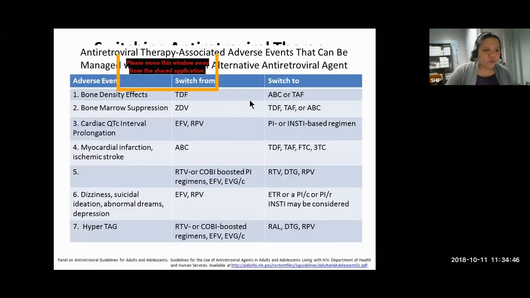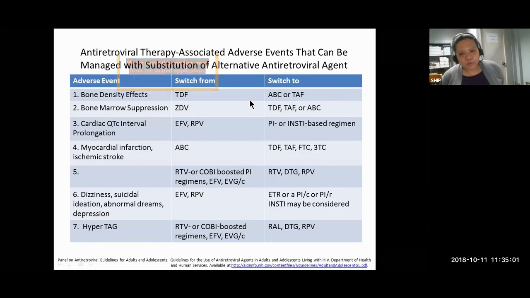Ngayon, what do you want to shift to? Okay, going back to our list earlier. Number 1, if your patient was on tenofovir and now you noticed bone density effects, osteoporotic na siya, so you want to switch it, you can either switch to abacavir or the TAF type of tenofovir. If you have bone marrow suppression resulting in anemia in your patient on zidovudine, you will switch to TDF, TAF,